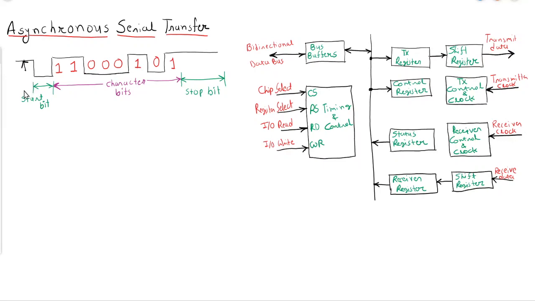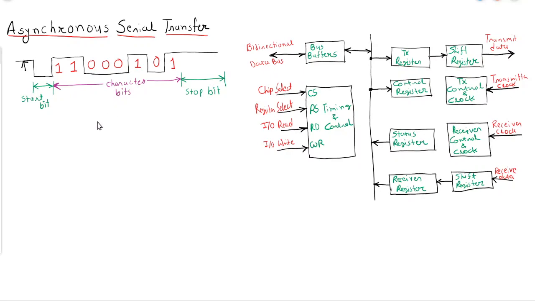So how will this asynchronous serial transfer work? First of all, in synchronous transfer, there is a common clock between sender and receiver, while in asynchronous serial transfer, there won't be any common clock. In synchronous transfer, sender and receiver periodically communicate using clocks to maintain synchronization of data transfer. In asynchronous data transfer, there won't be any such mechanism. So let us try to understand what asynchronous serial transfer is.